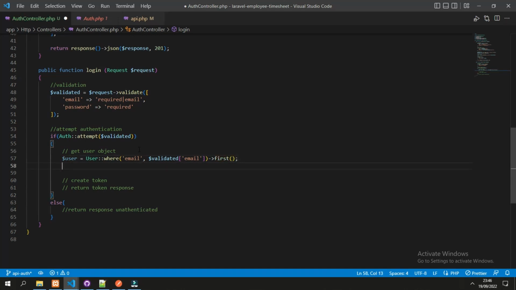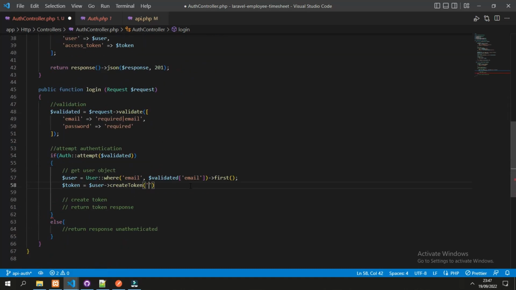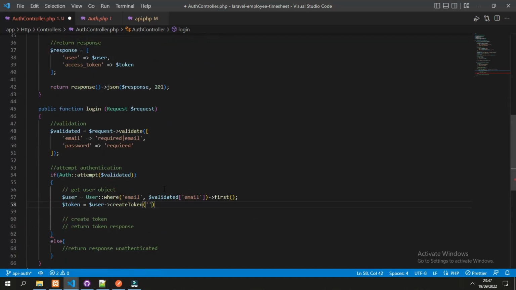And then we will create a token from the user object, user createToken, and the name of the token, which is API token in here, with the plain text token format. This will be here.